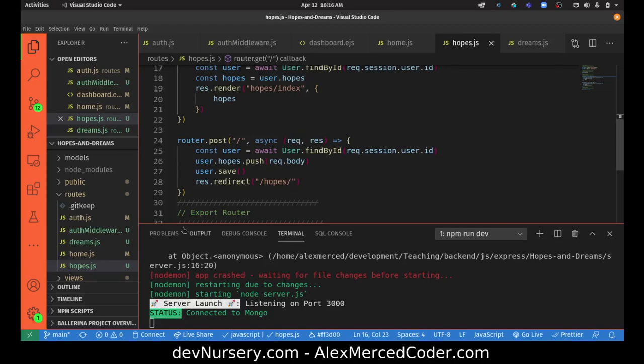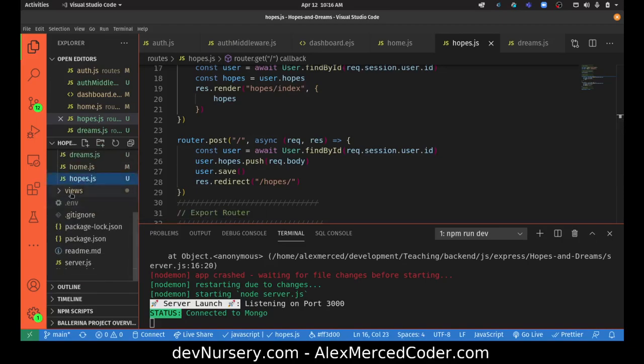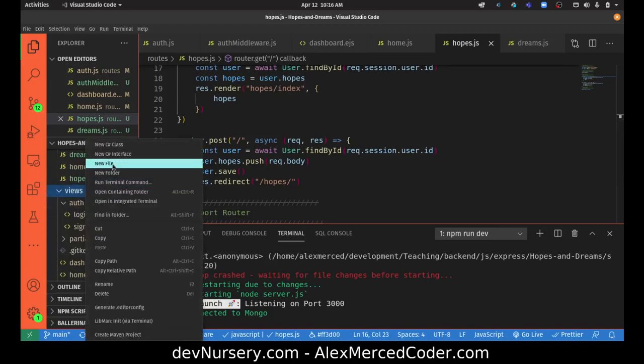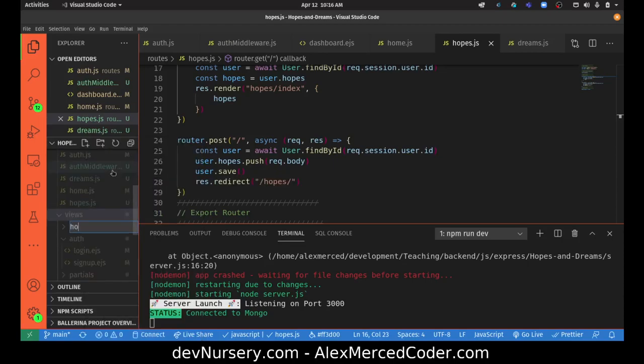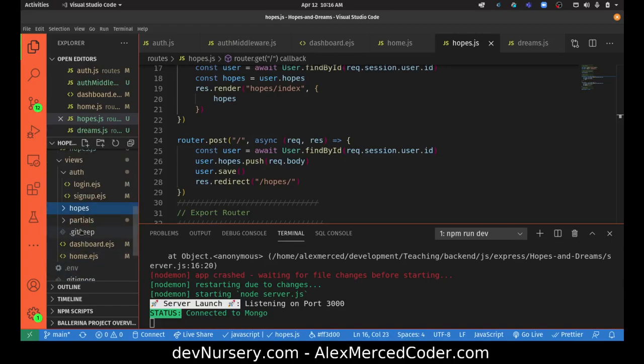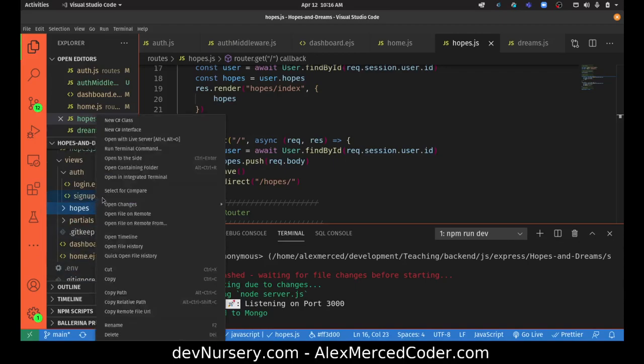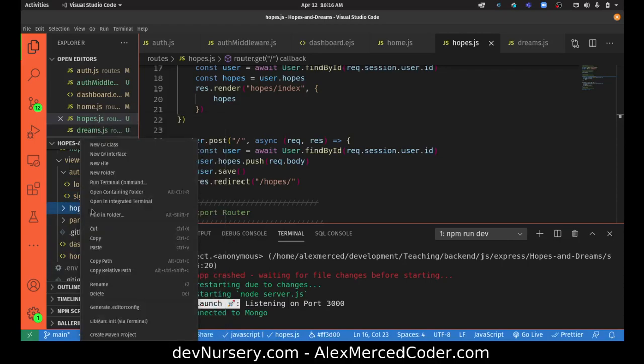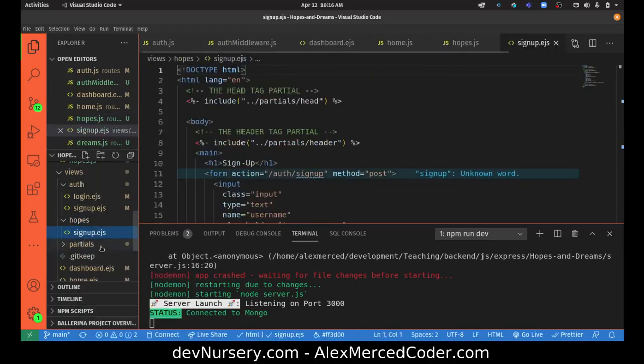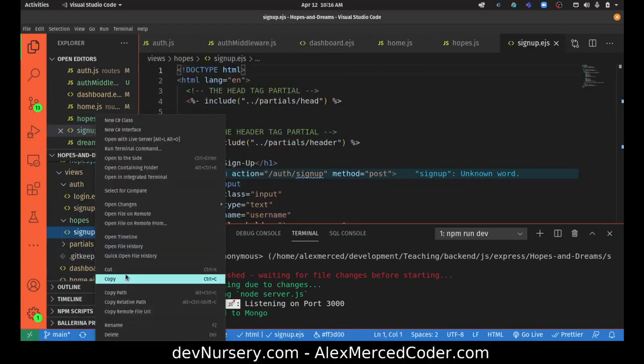So that should do it. So let's create this page, hope/index. So I need to go back to my EJS files, my views. Create a new folder called hopes, because that's where that's got to go. And then I'm going to copy sign up because it already has the includes kind of relatively correctly. So copy hopes into this, paste, and then I'm going to rename this